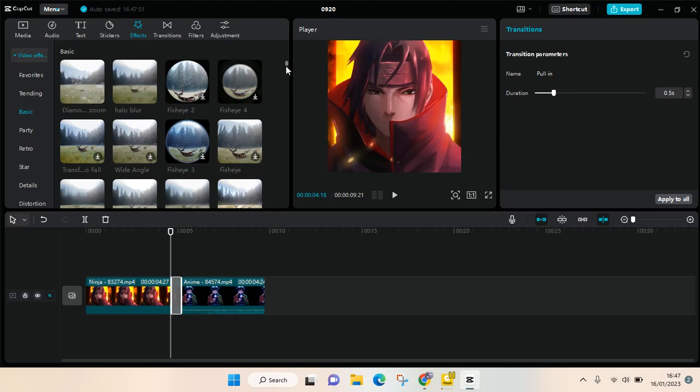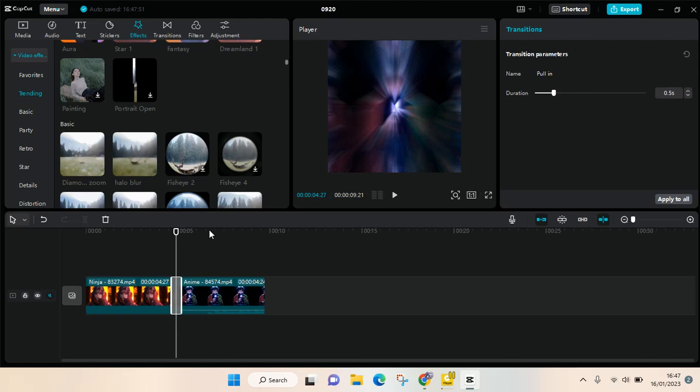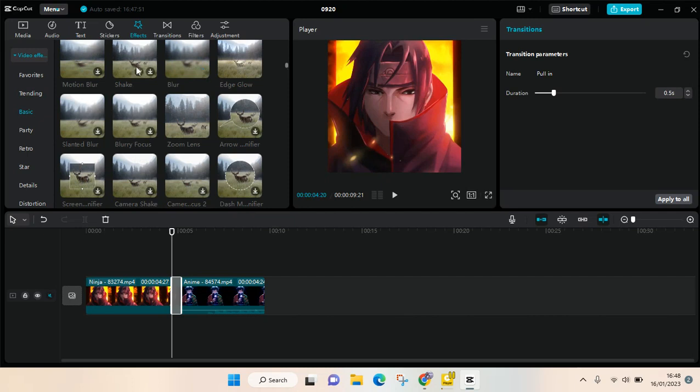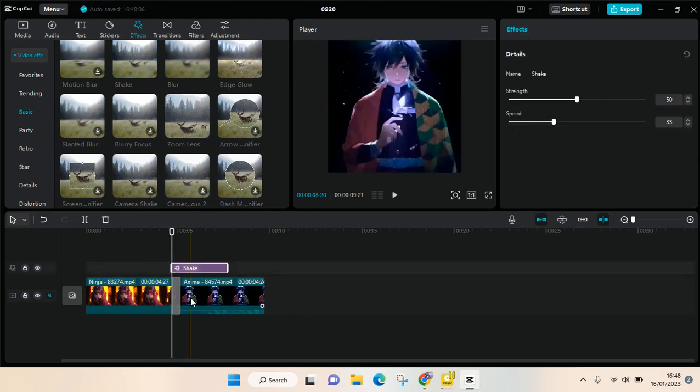Okay, scroll down until you find shake. Okay, this one, add it to your tracks, and then after that place the effect in between the video, then make it short